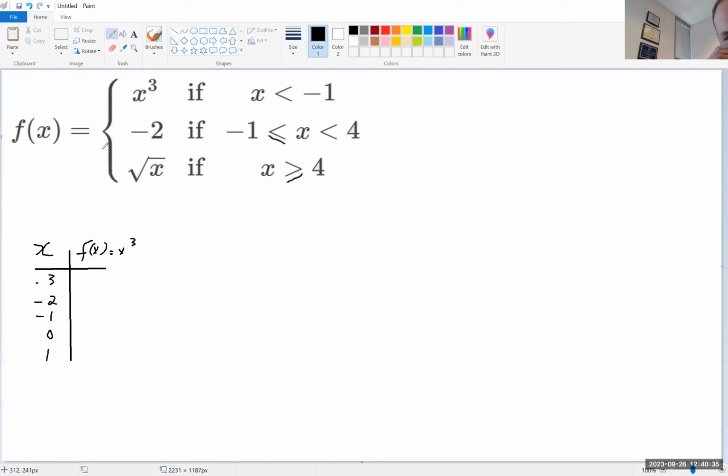And so -3 to the third power is -27. That's going pretty high. So I don't know if we want to go that high on the graph. -2 to the third power is -8. And then -1 to the third power is -1. 0 to the third power is 0, and then 1 to the third power is 1. So we'll make a graph in a minute, and we'll put those values on there. But let's go on for the meantime